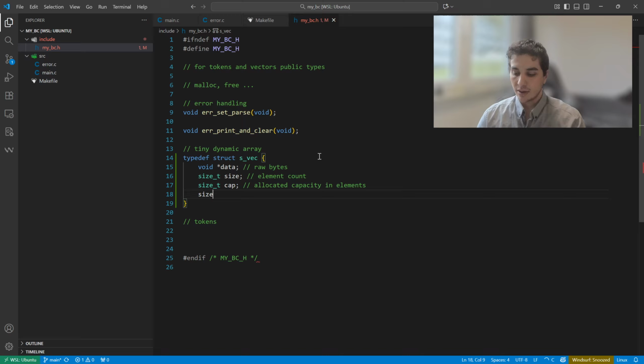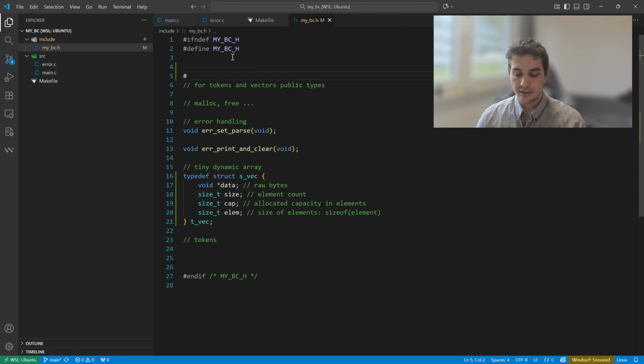And we will have our size_t elm, which will be the size of elements, or basically size of element. And we will call this t_vector, and basically this will help us create our first tokens, but